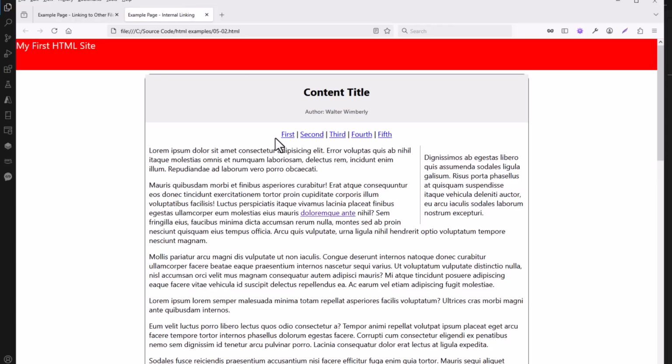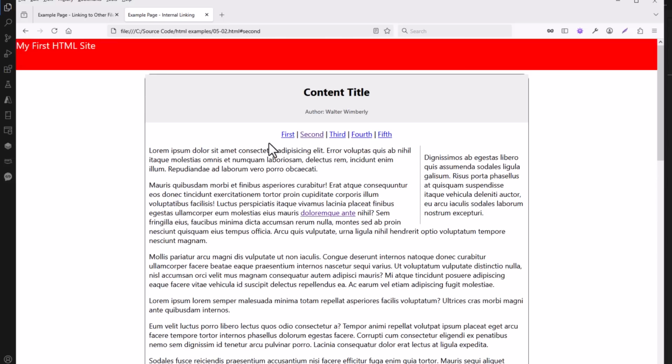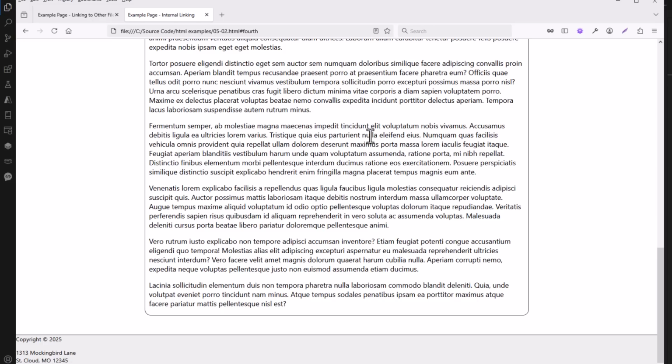Open this file. You notice that I have my links here. Now there is a little bit of CSS styling that was done for you to put them centered, but you can see the basic links. When I clicked on second, you notice it jumped me to the section labeled as second. And you can see up in my address bar, it's listed as #second. That way I could send this link to someone and it would jump them right to that section of the website. Likewise, they could come here and click on fourth,